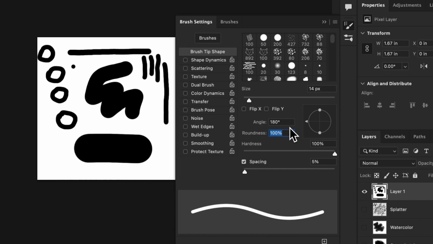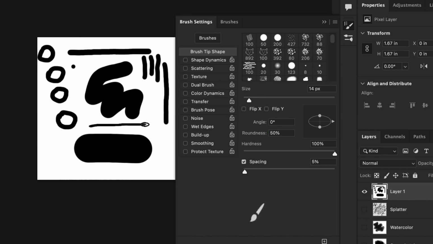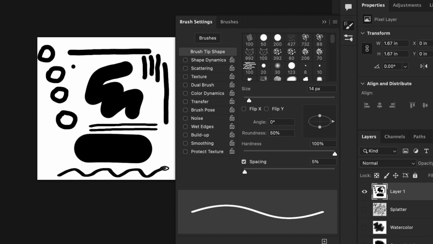So let's talk about roundness. What if I put this to 50%? Now I have a 50% roundness. Now changing the angle makes a difference. At 90 degrees, it's pointing upwards. You can also change the angle by grabbing this triangle here.